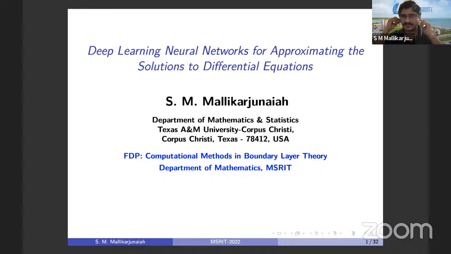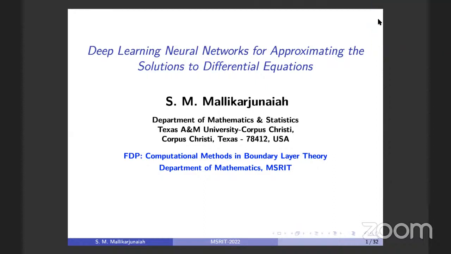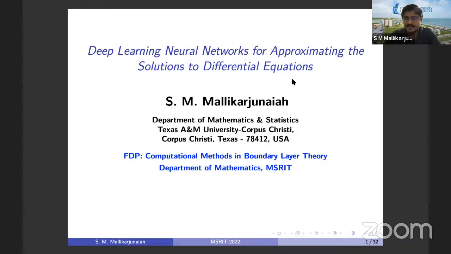Thank you very much for this opportunity to present my ideas on coming up with new methods for approximating the solution to a class of differential equations. I see that this FDP is on computational methods in boundary layer theory, so I picked up examples related to this FDP. The method is fairly simple and very easy to implement, but let me go ahead and